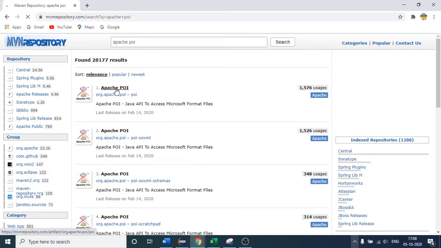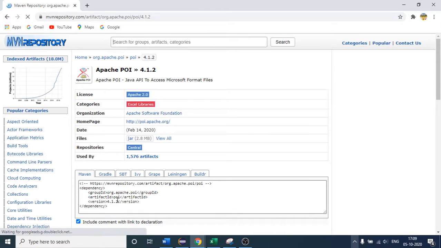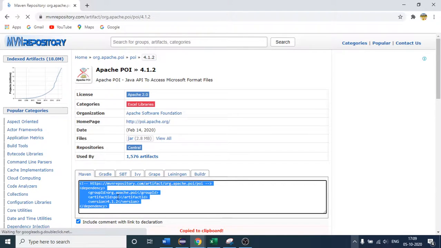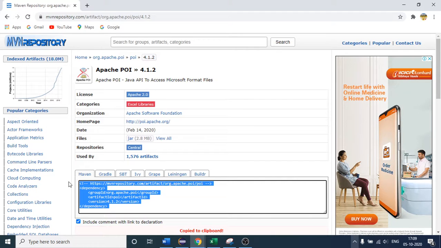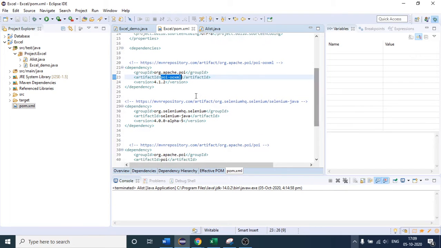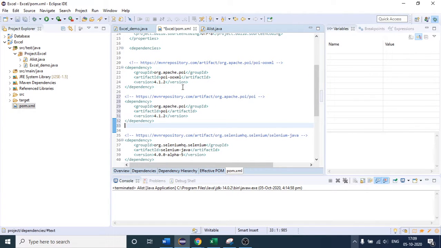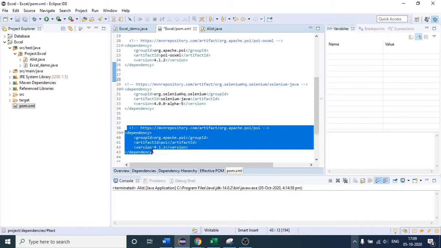Click this, choose the latest version, and you can see this is the POI dependency we are interested in. Copy this again and paste it here in the same way, but I will not paste it again because I have already done it. So you paste these two dependencies.